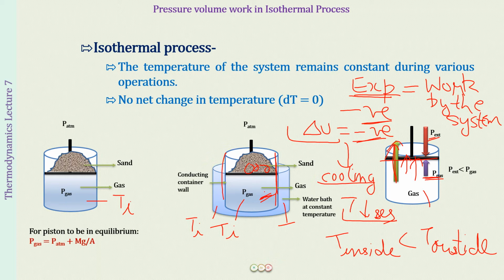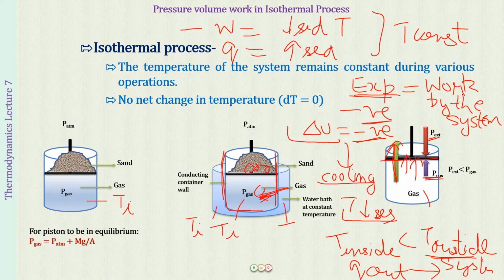We will be allowing the heat to enter so that the energy of the system again becomes the same. So what this means is that the work done by the system has decreased the temperature, and the Q, the heat which is entering, will increase the temperature in such a way that the temperature remains constant. I hope this is clear.